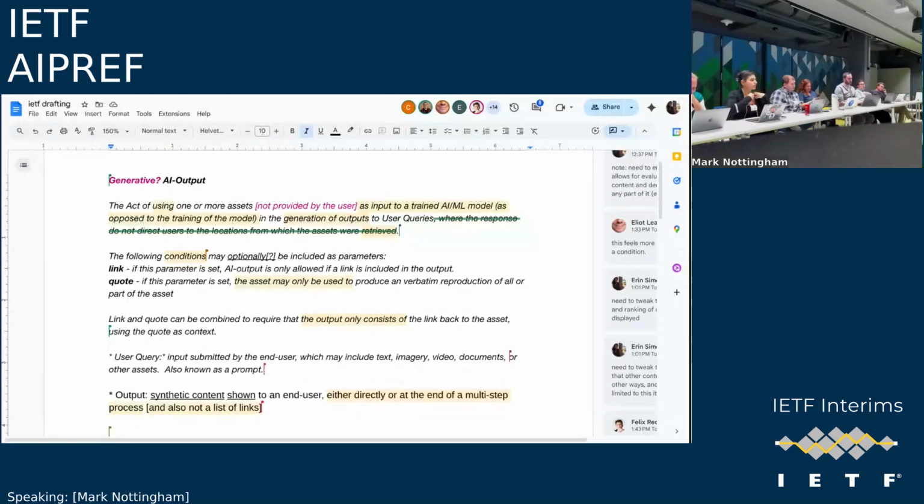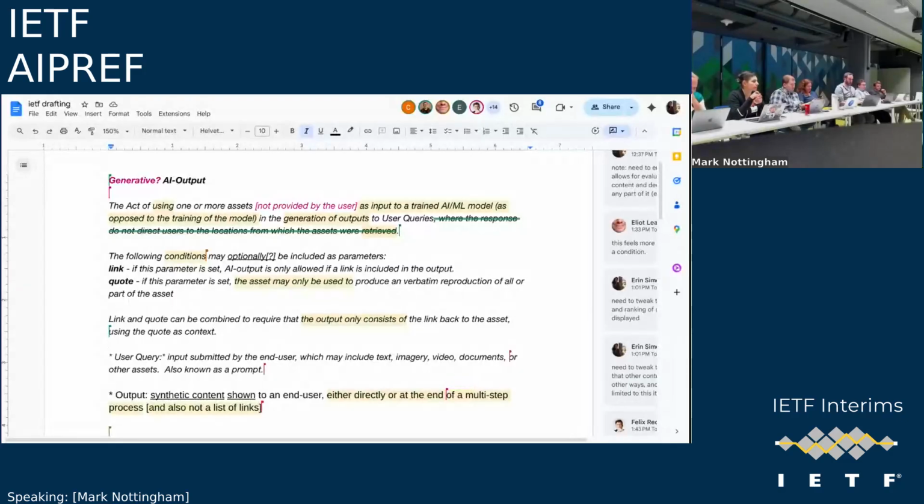I realize that boundary doesn't exist in a lot of cases because you interconnect systems, and so you'll notice here that there was parenthetical text. It's not in here at the moment. Directly at the end of a multi-step process was one of the things that we debated a little bit here, and we didn't really get to the bottom of.